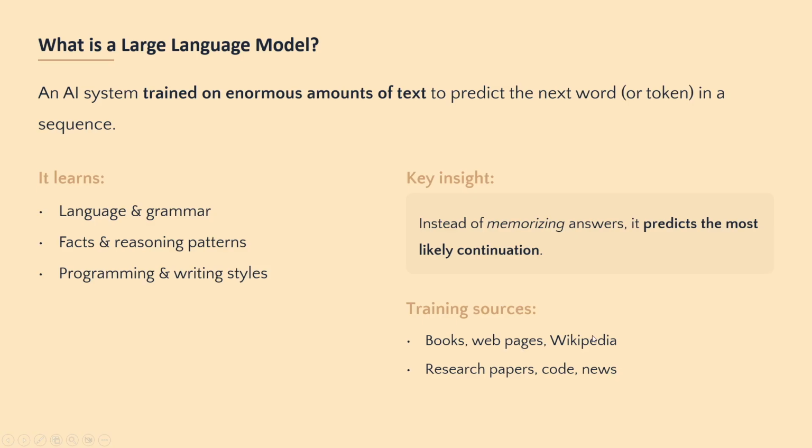It is through the enormous text that is available on the internet, which are books, web pages, Wikipedia, research papers, or the code, enormous code that resides on the web, such as GitHub, or the news material. So the amount of data or text material that is available on the internet is taken and learned